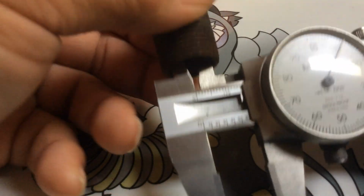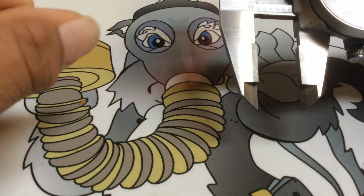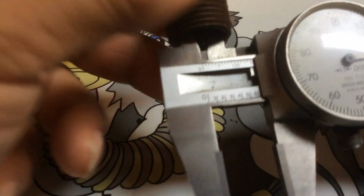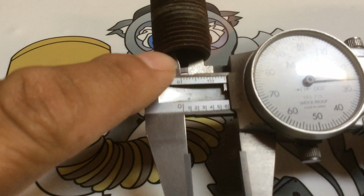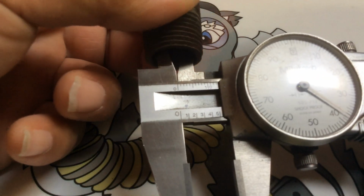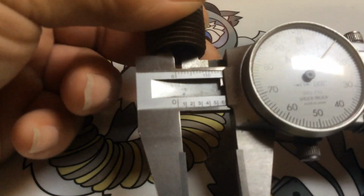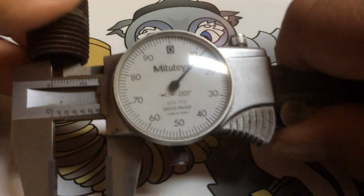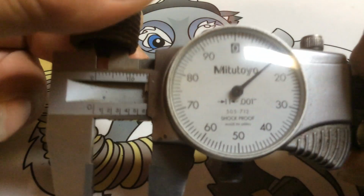Now, when you check something like an ID, you want to check it like the plus sign. You have coordinates. You know, you got the X and you got the Y. So that's the same way you should check these. You check on here. You see that? Check it this way, and then rotate it 90 degrees. And then check the other side. 90 degrees to check the coordinates. And you can see here that it's reading